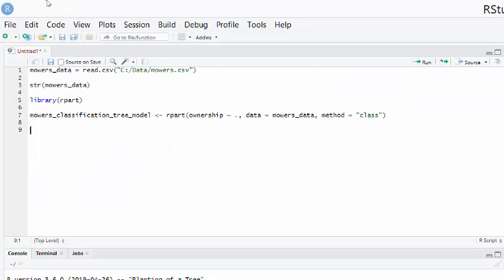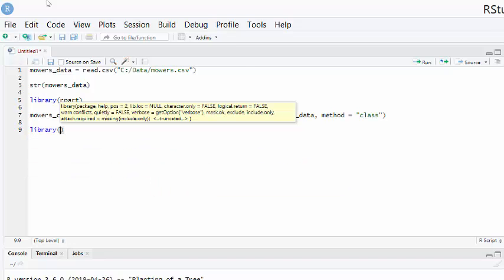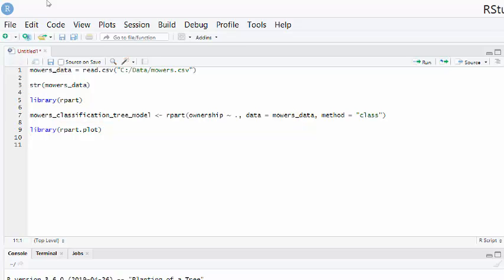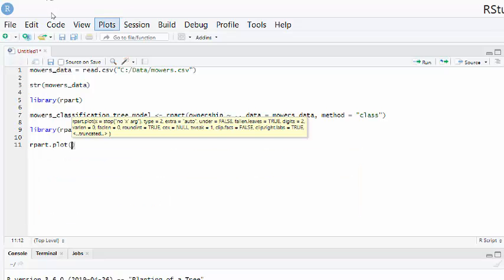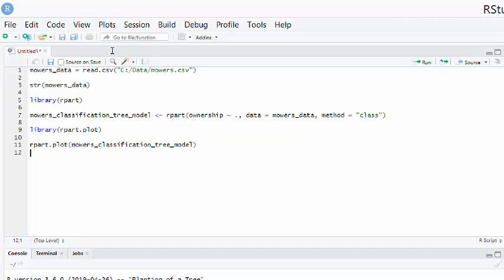and after that I want to show the result of my tree, the resulting tree. So for that I need to bring in what library? rpart.plot. rpart creates the tree for you. rpart.plot plots the tree for you. So rpart.plot, and then after that rpart.plot, and here I need to insert the name of my model, which is mowers, really long name, but this is it. So after that I'm going to run the model,